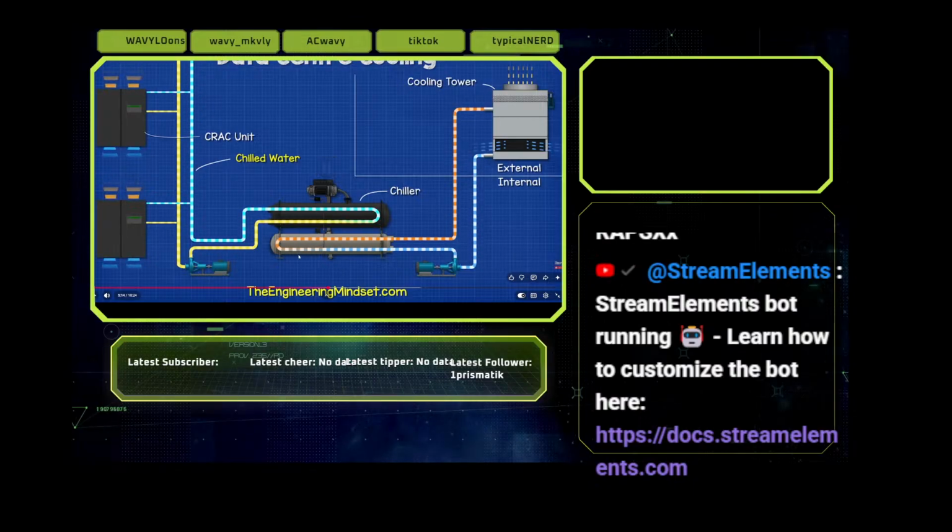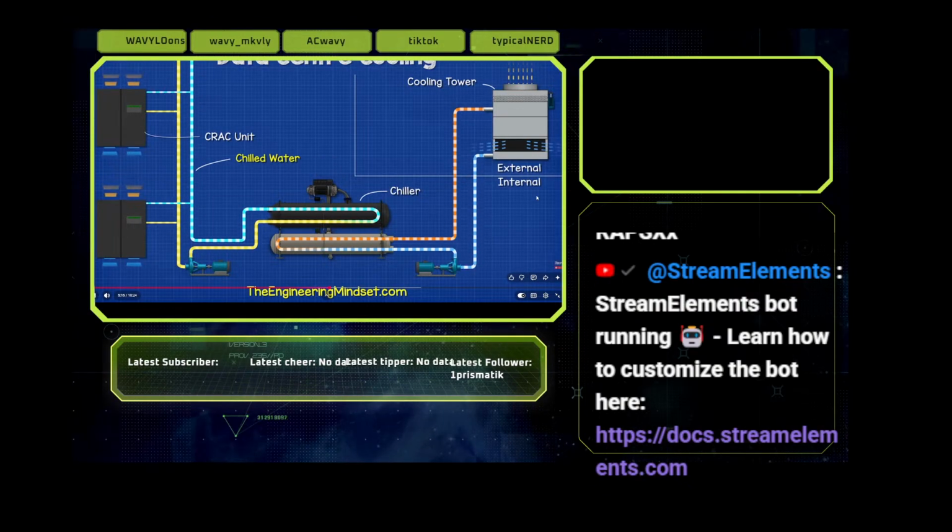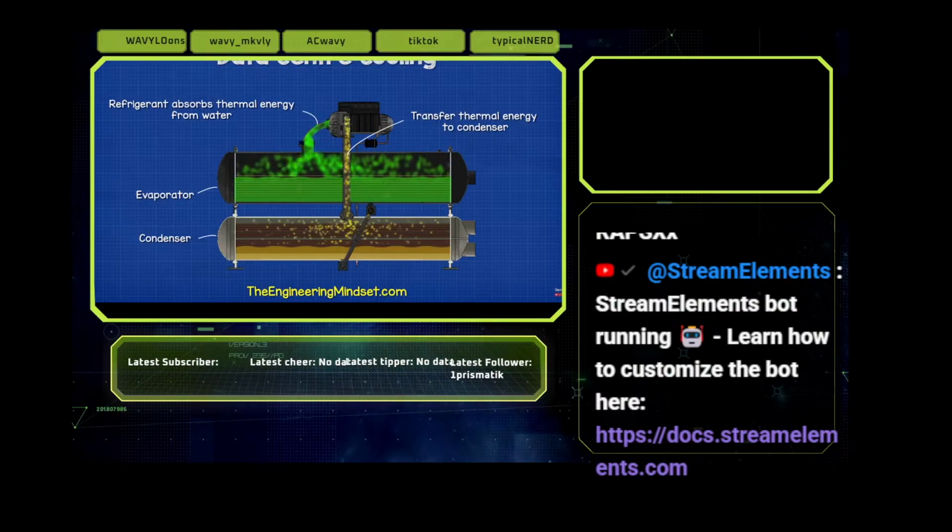to collect the unwanted heat. And then it returns this to the chiller's evaporator. A refrigerant inside the evaporator